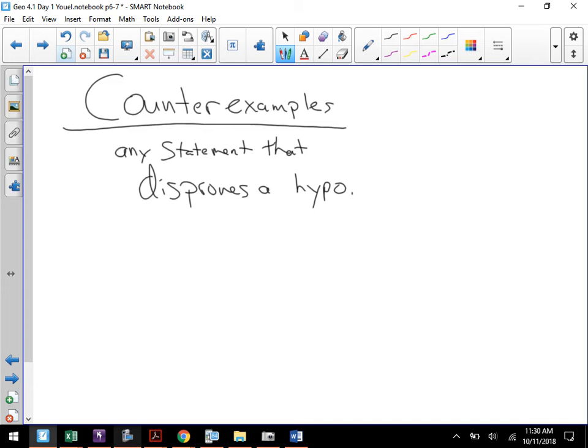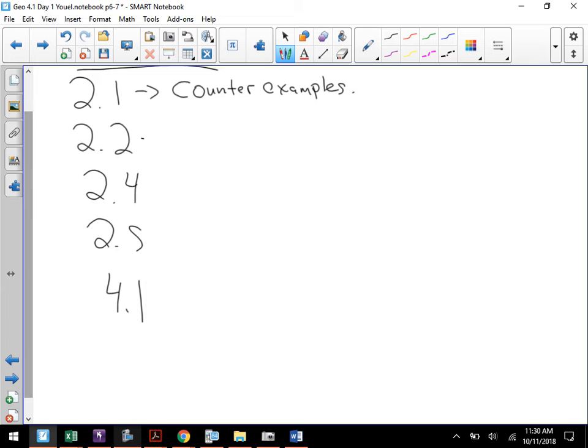So anyway, counterexamples. Same idea. You come up with anything to disprove it. Section 2.2. This is where all that P and Q stuff came from. So what we did here with the P and Q stuff, we started with what were called conditional statements. Okay? For example,